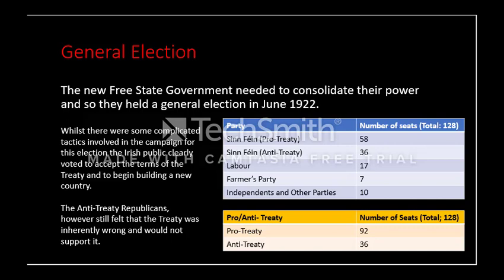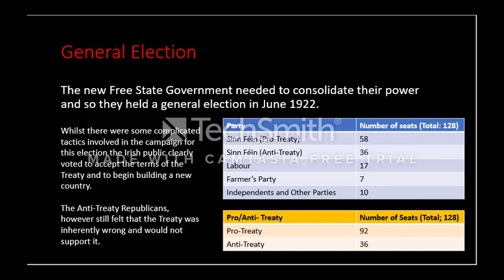the second largest party. But this also represents, if we break it down, that all of those other parties, the Labour, the Farmers Party and the Independents, are all pro-treaty politicians. So in actuality what we have here is 92 members of Parliament being pro-treaty and only 36 being anti-treaty. So really what this election says is that the public of Ireland is very pro-treaty. The public has stated that a majority of them are pro this treaty being enacted, right, and only a much